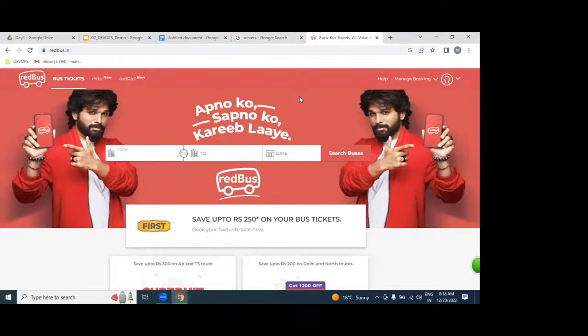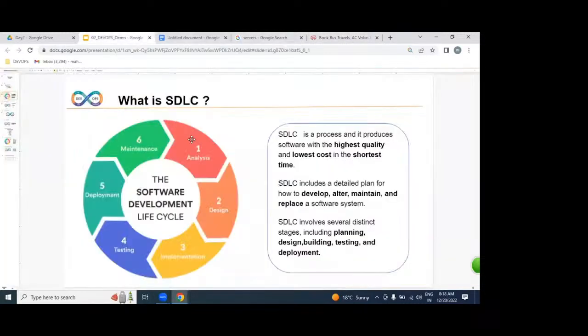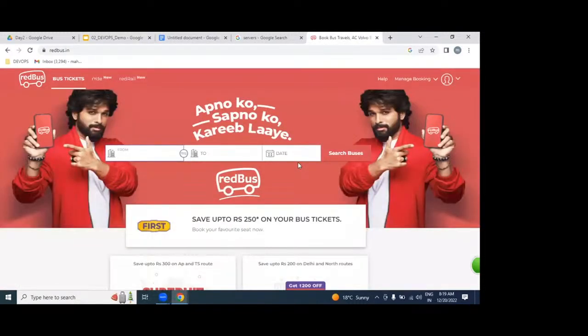What exactly is the client, the business owner, expecting? So as a BA, business analyst, we gather information from the business owner, who is the client. How the login page should be, how the registration page, how the dashboard, which technology. Each and every piece of information is gathered.